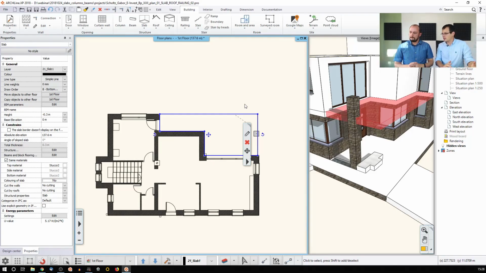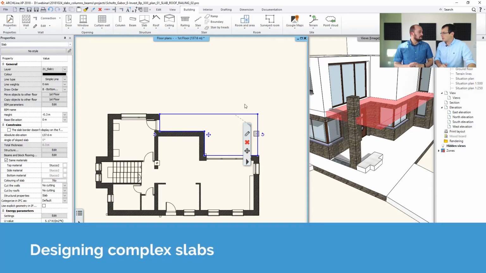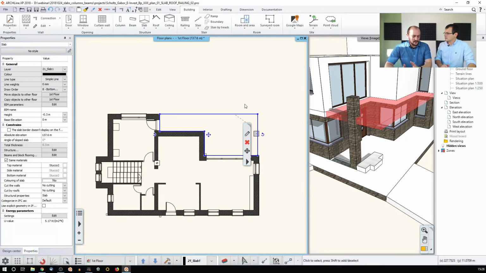Let's talk about complicated structures, by which I usually mean multi-layered, maybe beams. Well, talking about complex layer structure, the first thing that we need to find is where to change the layer settings. It's always in the settings of